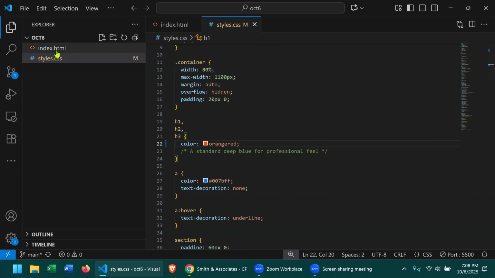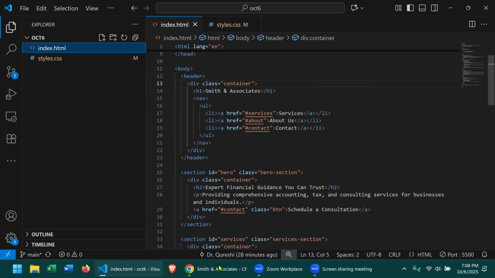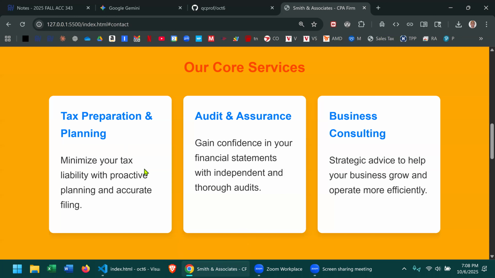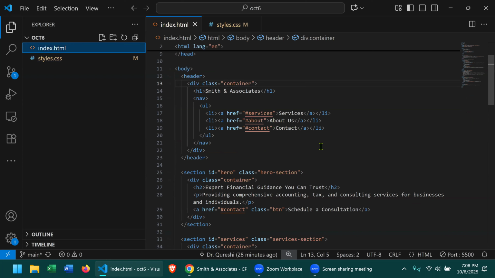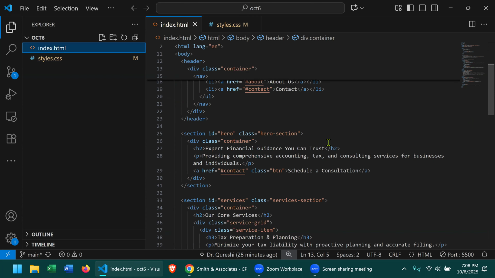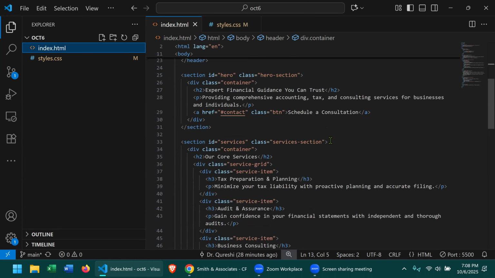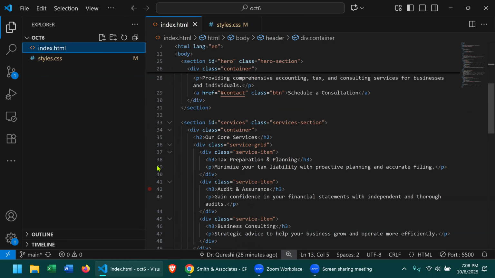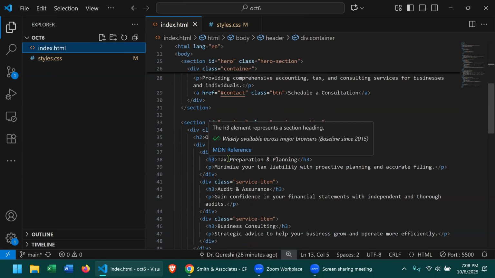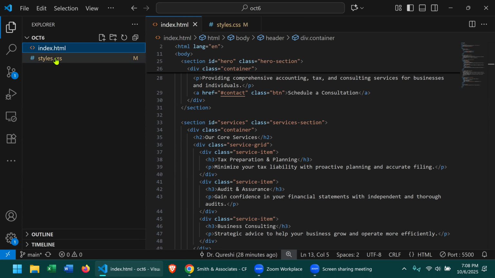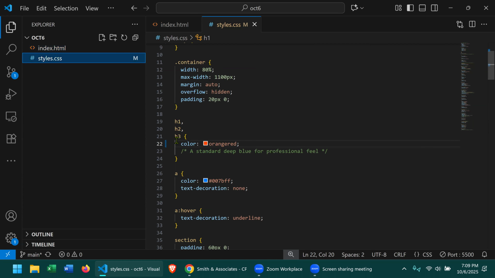So I'm gonna go and look in my HTML, and this thing is tax preparation and planning. I'm gonna go and look there and see what is it. Did we use H1 or H2 or H3? I'm looking at it and it's saying H3, tax preparation and planning. It's an H3, which sort of makes sense to me. And I know we changed our color up here. H3 is also supposed to be orange red, but for some reason I'm not getting that,